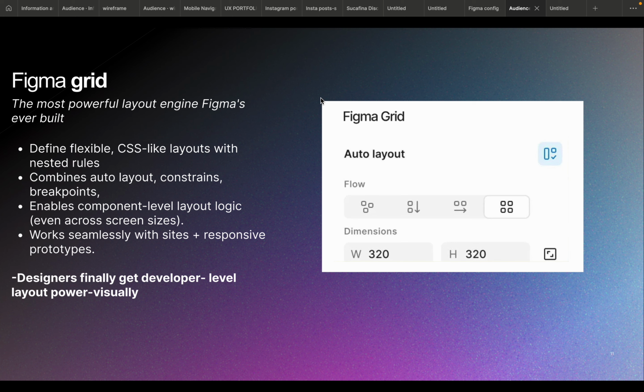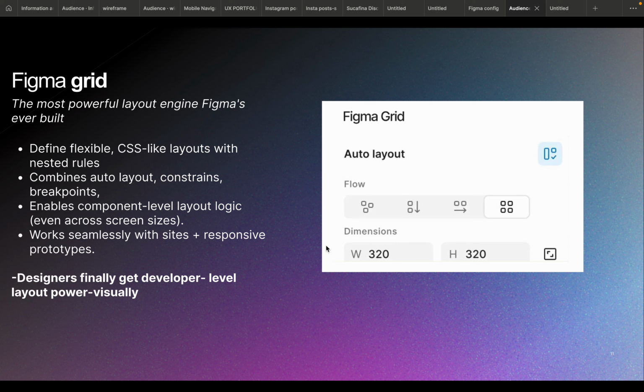So what does a grid mean? A grid introduces a two-dimensional layout system with Figma's existing auto layout. It will allow for more complex and responsive designs that are akin to CSS grid. So here it defines rows and columns with fixed and flexible sizing, and it will span elements across multiple tracks. It will combine the auto layout constraints and breakpoints, and it will be much easier for us to use,